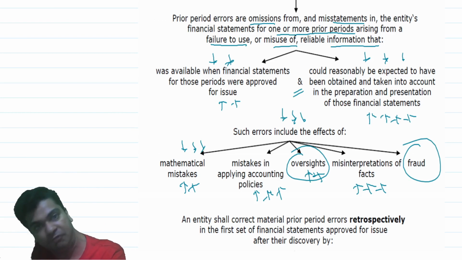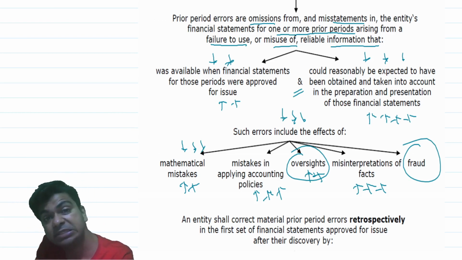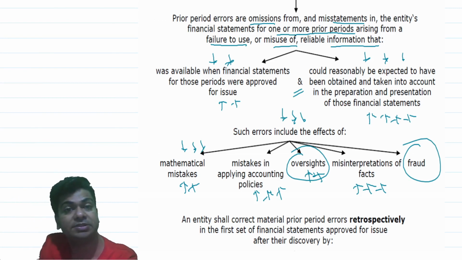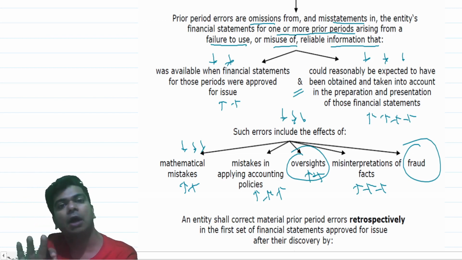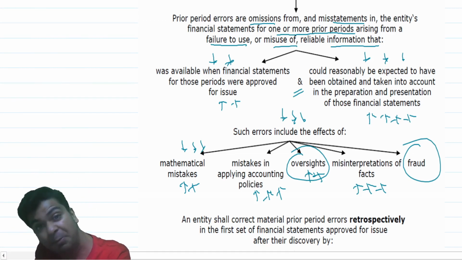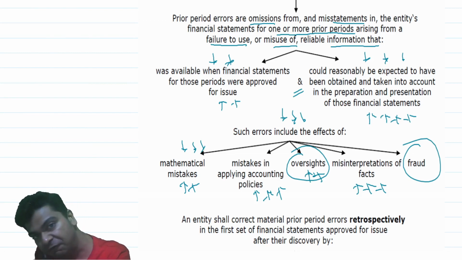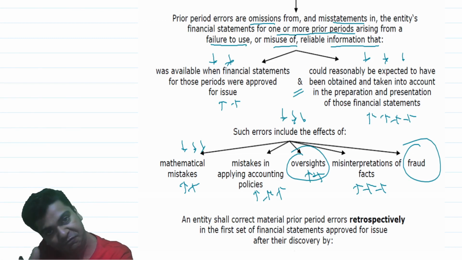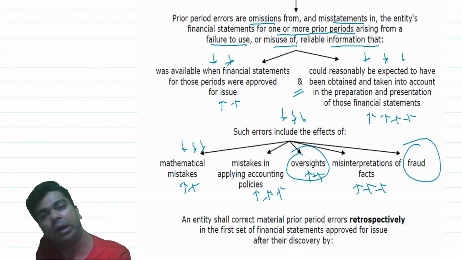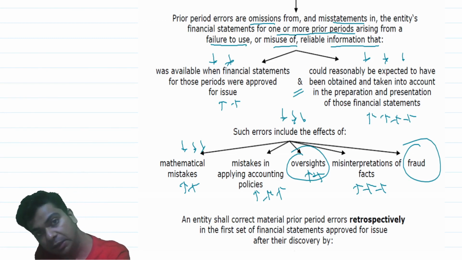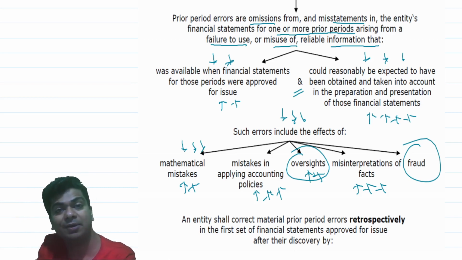In AS5, fraud will be treated as an extraordinary item, isn't it? But as we have already discussed, there is no concept of extraordinary items under Ind AS 8. A fraud will be treated as a prior period error. A fraud was going on in the previous year or years. You failed to detect it at that time. In the current year, you detect that a fraud is going on since long. The non-detection of fraud in the previous years will be treated as a prior period error.